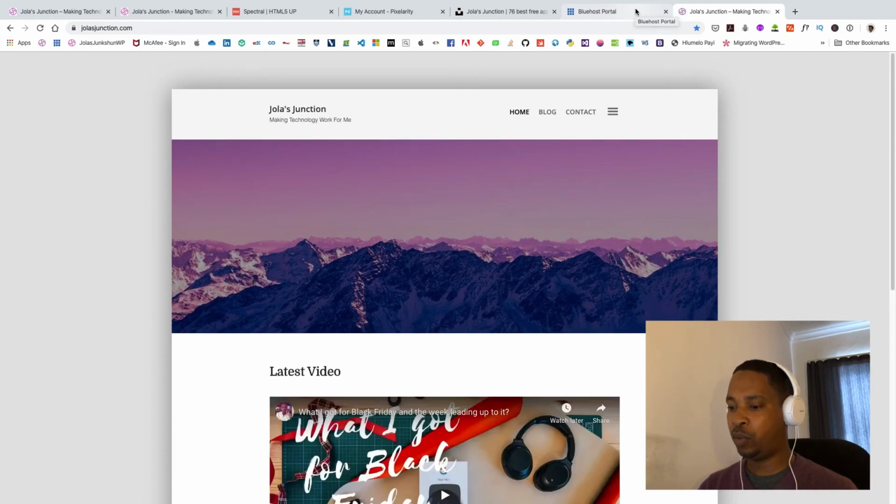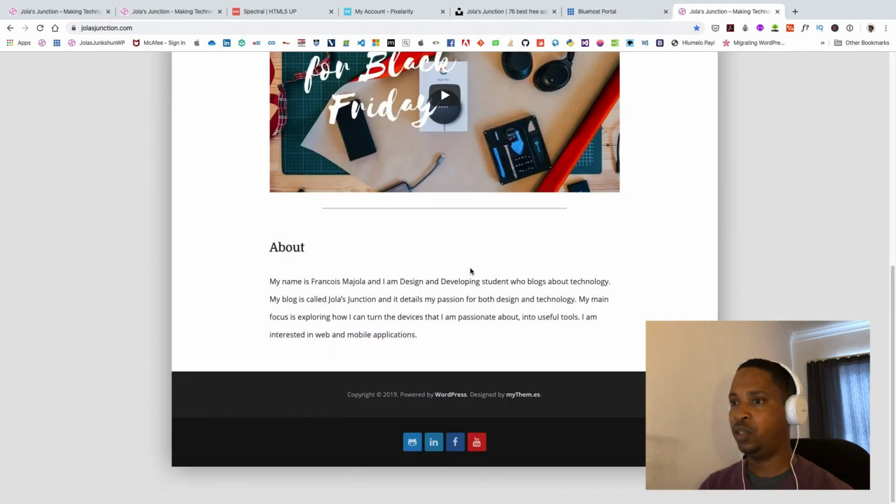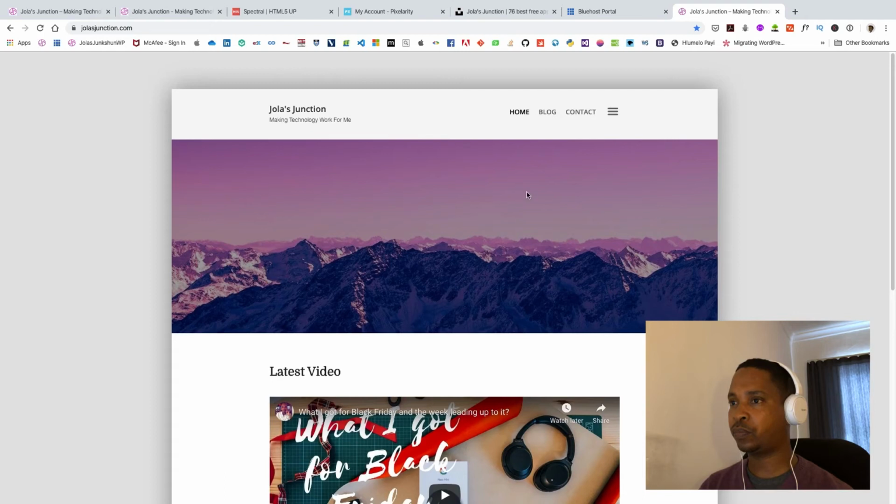At the moment, I have this template called Tempo, and that's the free version of it. You can obviously get the premium version, but that's $55, which is about 800 rand. It's quite costly, so I decided not to go with that. Right, I had the 2020 template,